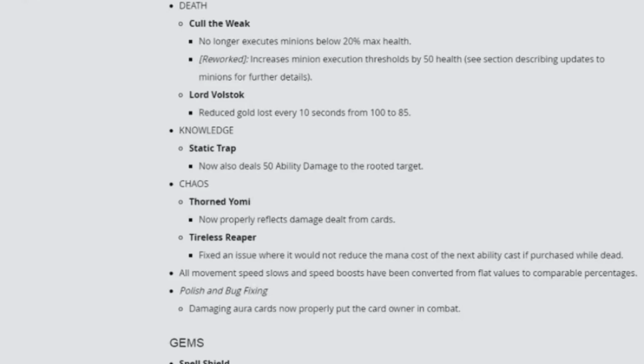Now let's go to cards. Core of the Week no longer executes minions. They reworked it, haven't they? Yeah. It now increases minion execution threshold by 50 health. So I guess that means that to last hit a minion...